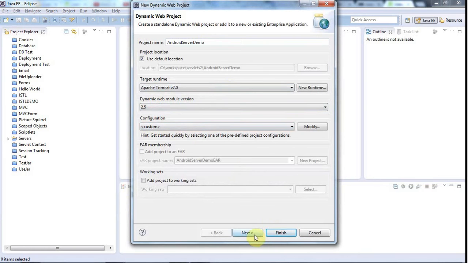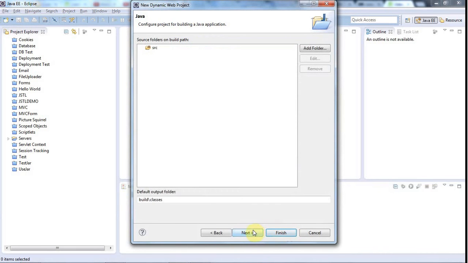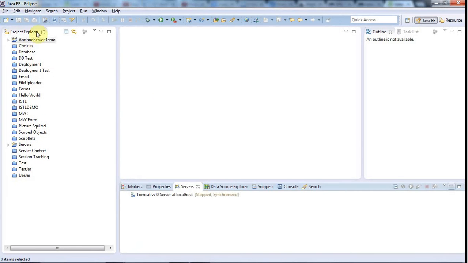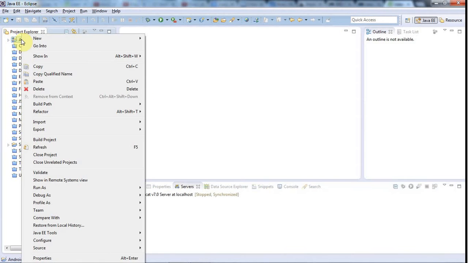And I'll click next, and this all looks good, and finish. And now I'm going to right click that and go to new